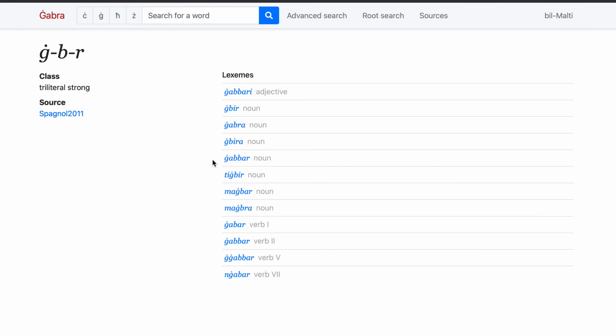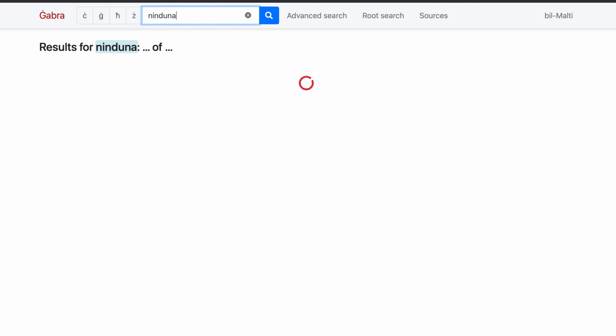So, a few bad things about it. We've already discussed that it's not a perfect resource. There are some mistakes. Sometimes the website goes offline for maintenance, and it can last a little. And one last point is that some Italian words, for example, ninduna, I notice, you won't find it back. I don't know why exactly. Do night. That means, again, to notice or to realize, something like that. You can't find it back. Some of the Italian ones are like that. Some of them you can find via Ġabra.